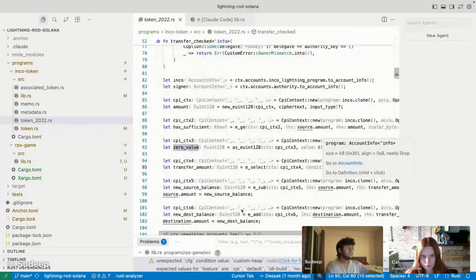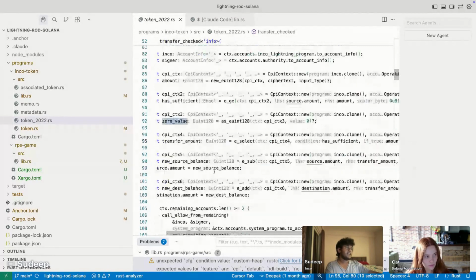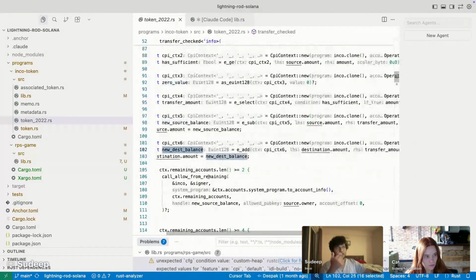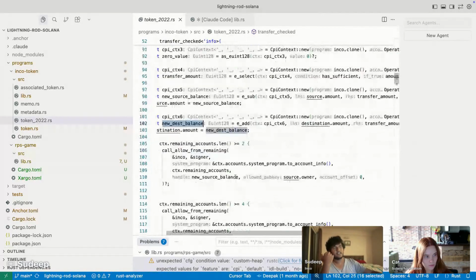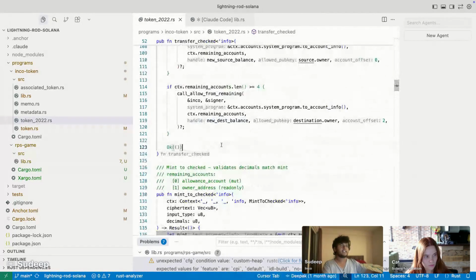Based on this boolean, we add that amount to the destination and deduct it from the origin. That is how token transfers work. Mint is just an addition to it, and for